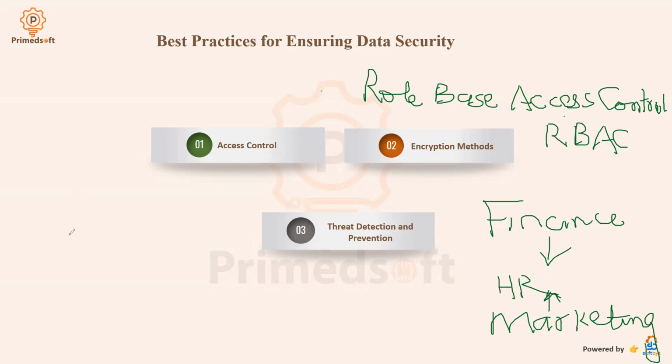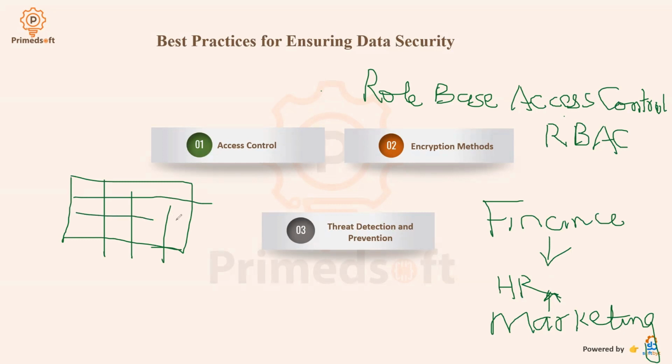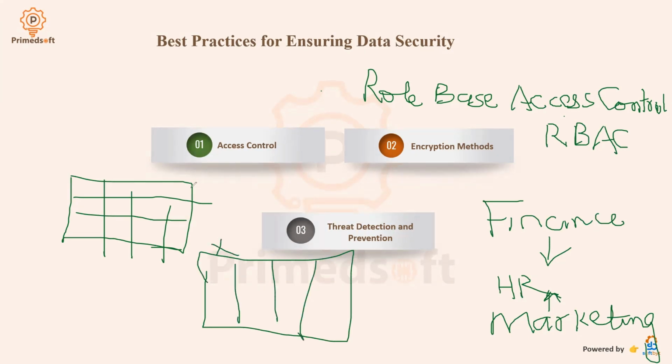So you could find yourself in an organization where you will be given access to only a specific set of data. You'll be given access to a specific table, table 1, and then you're not given access to table 2. So here you're denied access, here you're given access. These are things you're going to see in the organization. They'll tell you, no, you don't have access to that table. So that's what we call role-based access control. This will help to restrict data access based on job roles.